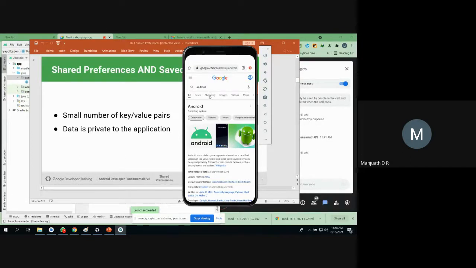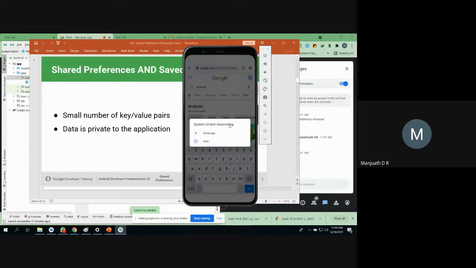Then you can store those types of information in shared preferences. Suppose I am filling some form, like registering for an application, maybe Facebook or Flipkart. It will have several fields to enter information. If I enter the information in each and every field, and some problem happens and my application closes automatically, and I open that application again, what do we have to do if the data is not saved in that field?